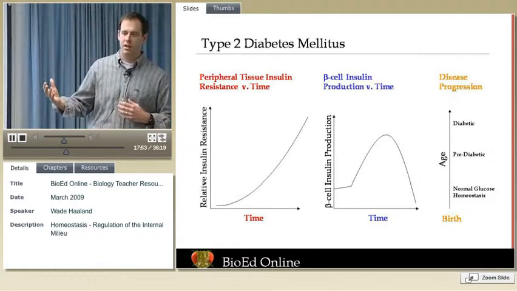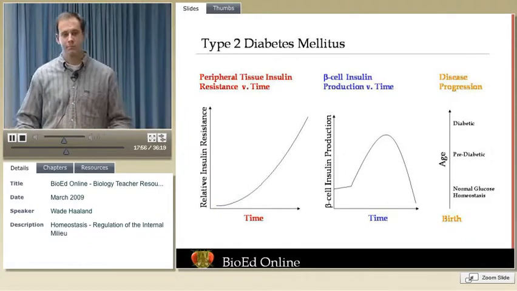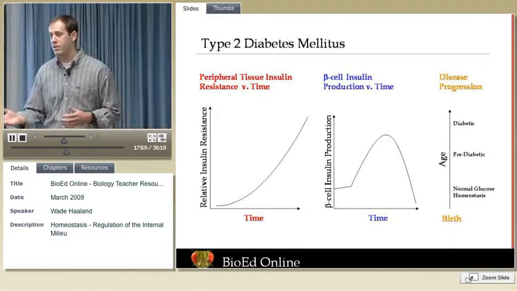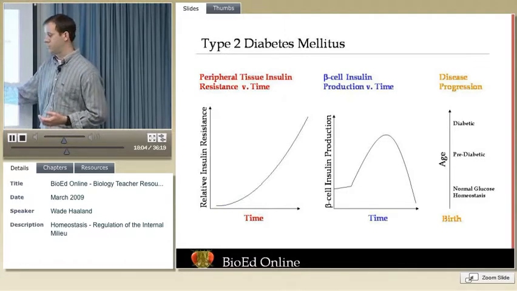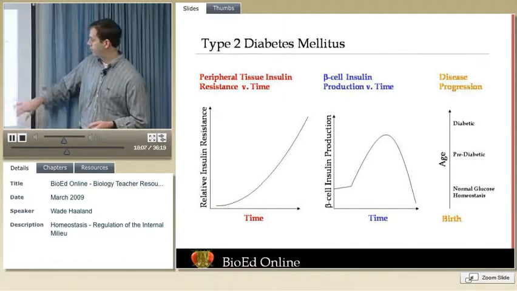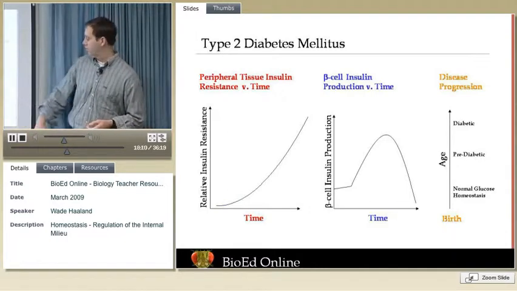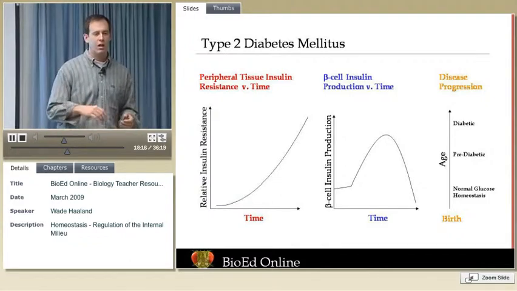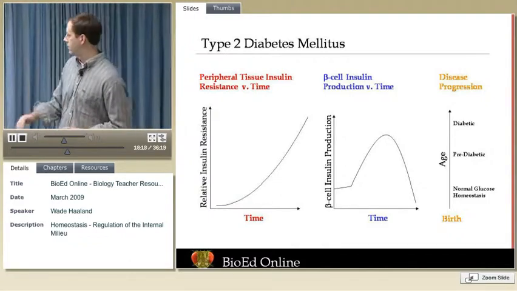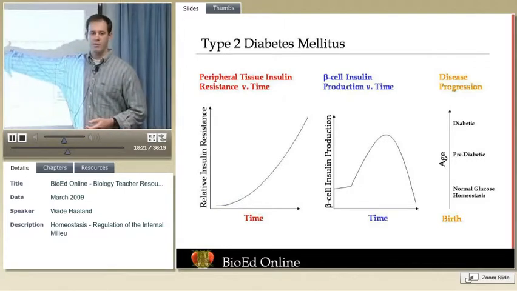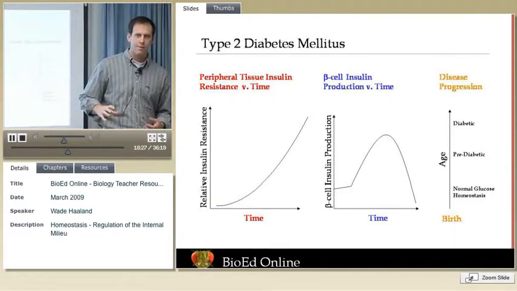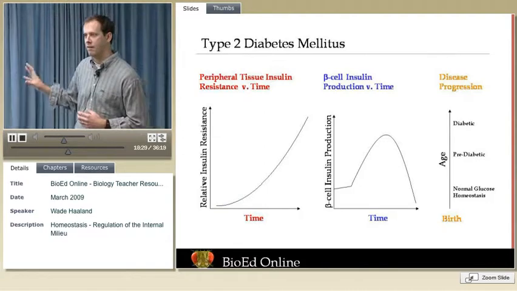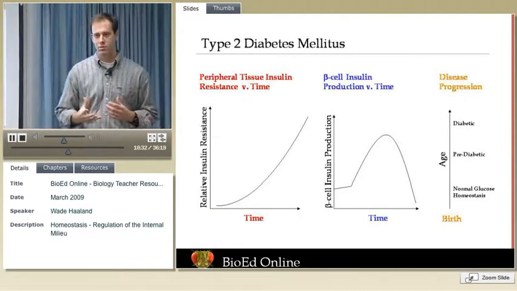So what happens if something is extremely busy for a long period of time? It gets tired, right? Eventually, the beta cells will fatigue, and so now their ability to produce insulin diminishes greatly. Over the period of a lifetime of a type 2 diabetic, we go from normal blood glucose in their early lives to maybe being pre-diabetic in midlife, and the elderly have a much greater chance of getting to the stage where they're extremely insulin resistant and at the same time not producing much insulin at all. And so type 2 diabetics have a really hard time later in life managing their glucose homeostasis.